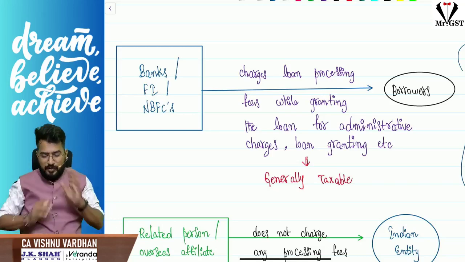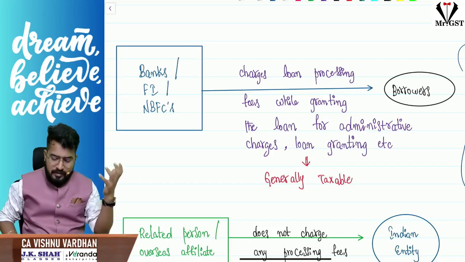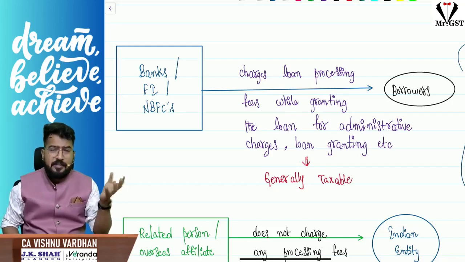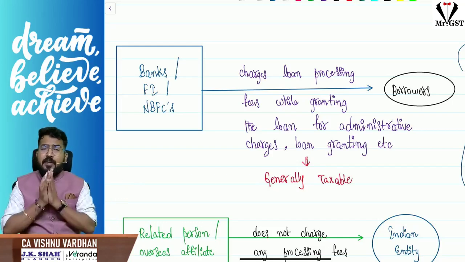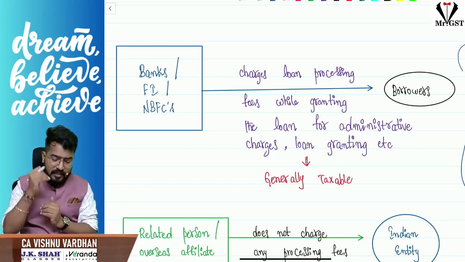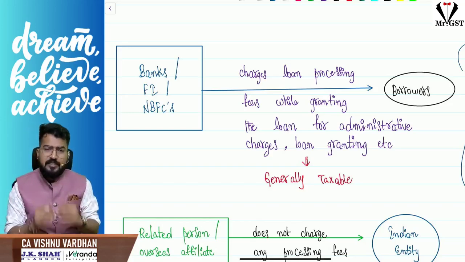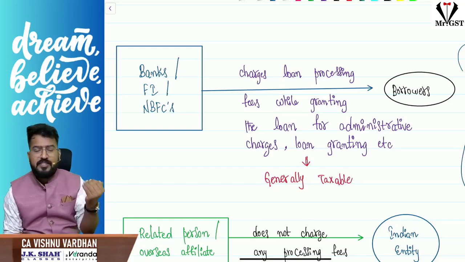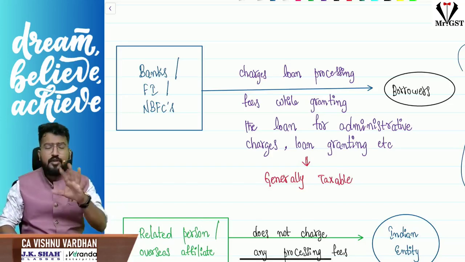To borrowers, sorry, right? So when they are granting the loan, just to understand the credit capacity, the repayment capacity of the borrower, they will process the application, and so on. After issuing the loan, they will charge loan processing fees, documentation charges, etc. And generally they are taxable. Interest on loan is exempt except credit card interest, but the loan processing fees, documentation charges, all these things are